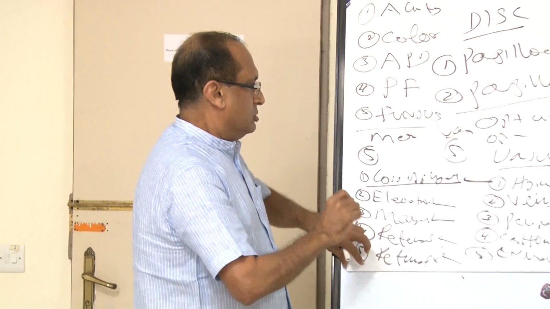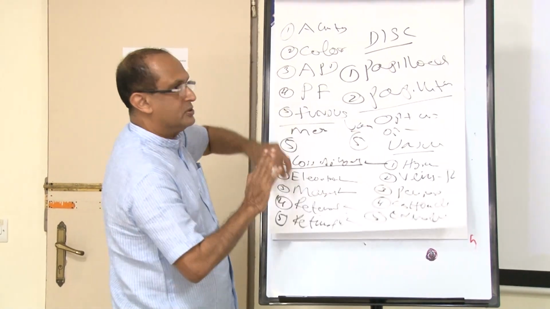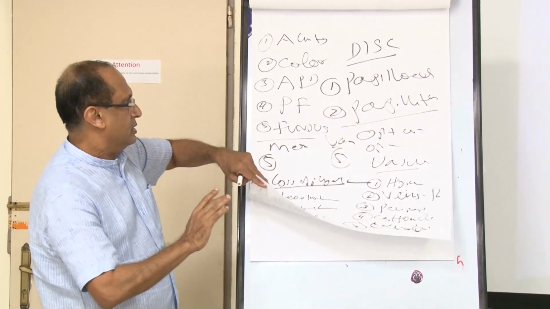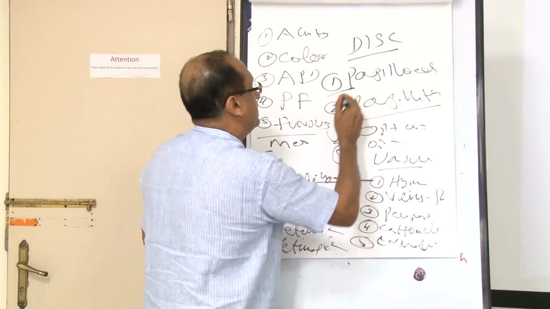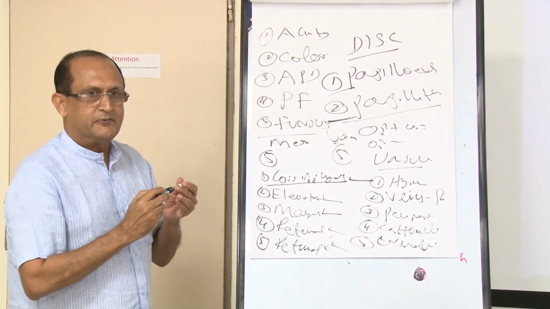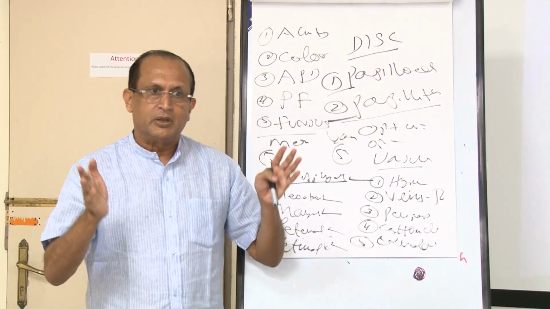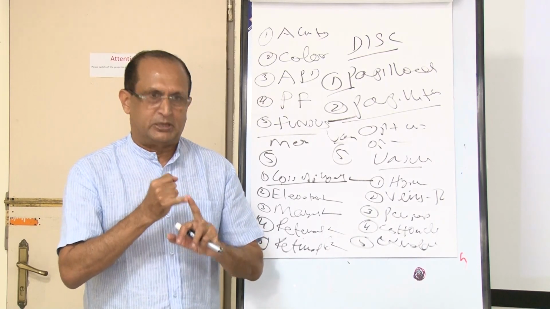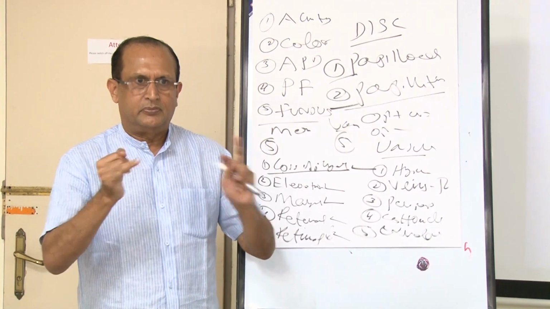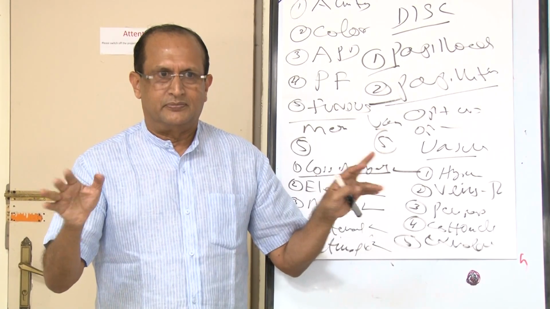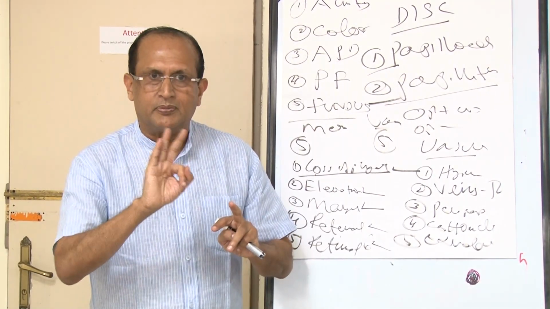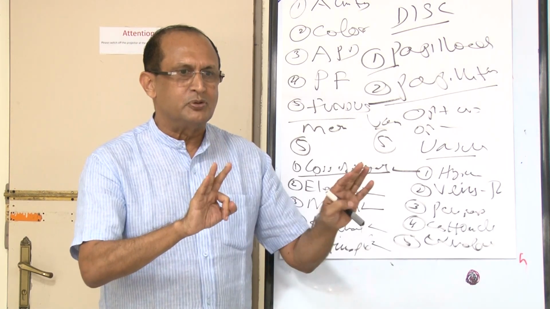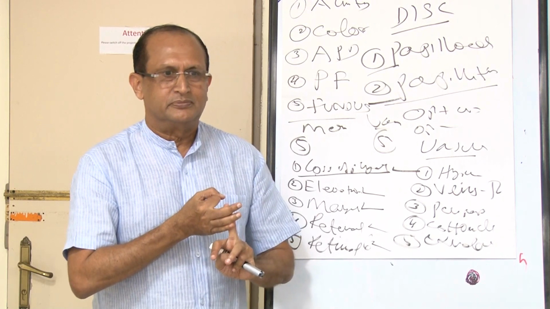Okay. Now, you have differentiated between pseudo disc edema and true disc edema. The true disc edema can be either papilledema or papillitis. What is the difference between papilledema and papillitis? Papilledema is usually due to raised intracranial pressure due to any cause. Second, it will be bilateral. Third, the patient will never complain of any visual symptoms. These are the three things which will help you to say this patient has got a papilledema.